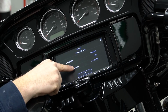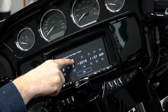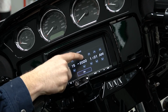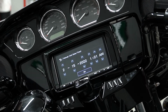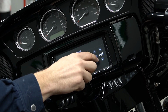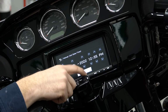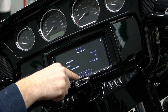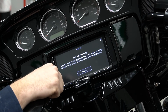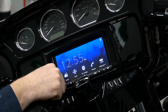And then we're gonna go ahead and set our date and time. And today is February the 15th, 2022 at 12:55 p.m. And we've got that set. Now we just hit OK. And this safety message will show up every time you turn your bike on. Now you can either just wait and it'll go away by itself like it just did, or you could hit